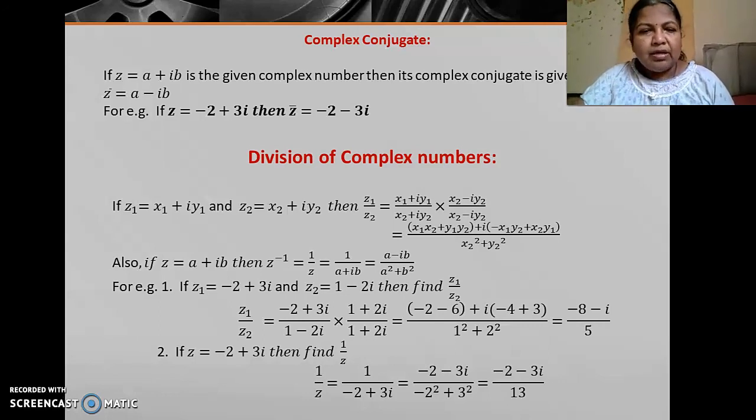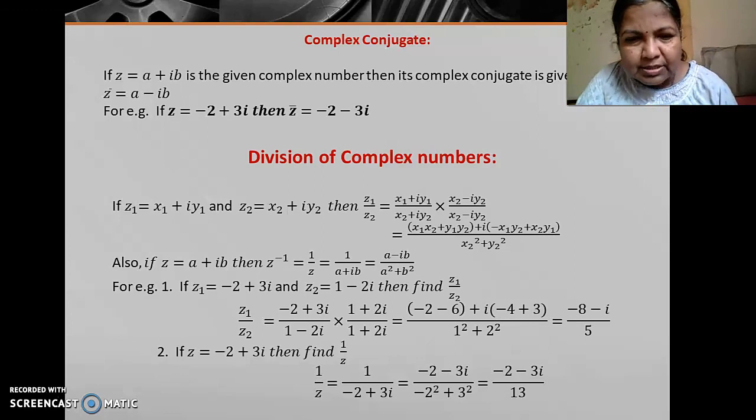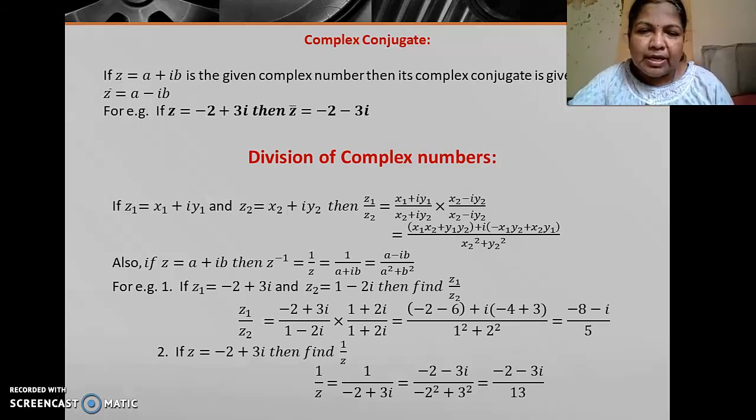Now similarly, as we carried out the multiplication, multiply the numerator, both the terms, by the denominator, both the terms. So minus 2 into 1 gives you minus 2, minus 2 into 2i gives me minus 4i, then 3i into 1 is 3i, 3i into 2i gives me 6i square. 6i square becomes minus 6 because i square is minus 1. So minus 2 and minus 6 is the real part, and minus 4i and plus 3i is the imaginary part. So after multiplying, the numerator turns out to be minus 8 minus i.